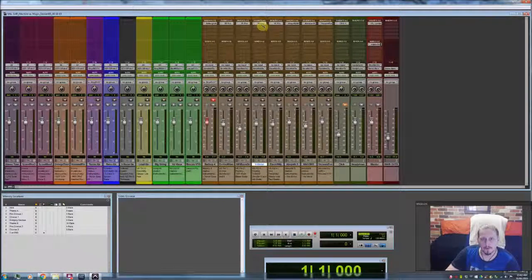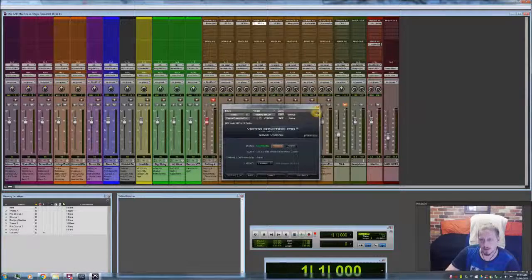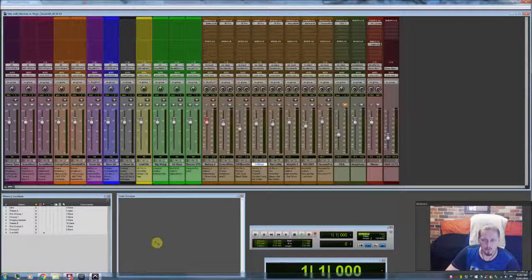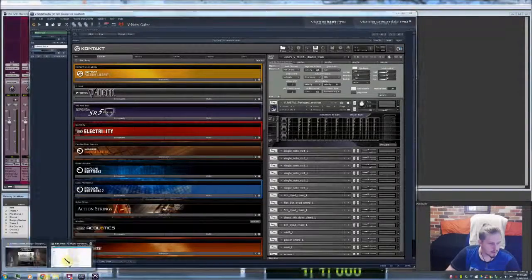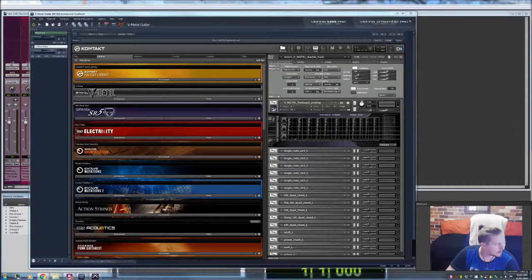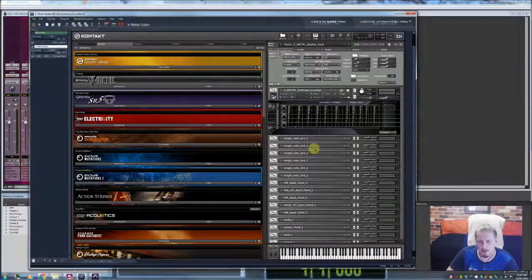Now, then here I've got the V metal, which is the guitar instrument. I'll bring that up for you. And that's also made by Prominy. And it's a sampled guitar of, let me remember, it's actually an ESP Alexi Blackie version, and it's basically a really cool heavy metal guitar, you know, sampled down for down tuning to C, great for all types of metal, and it's got many articulations.